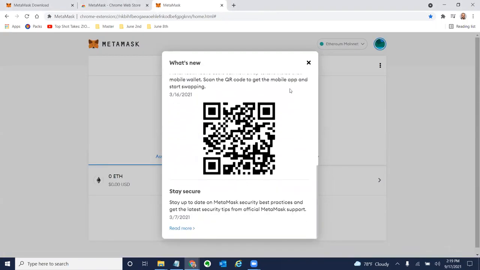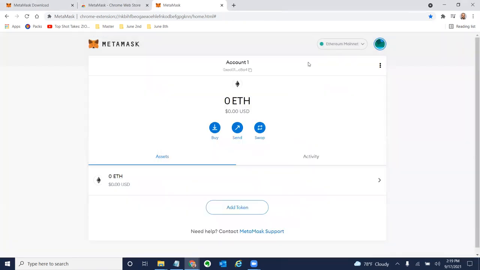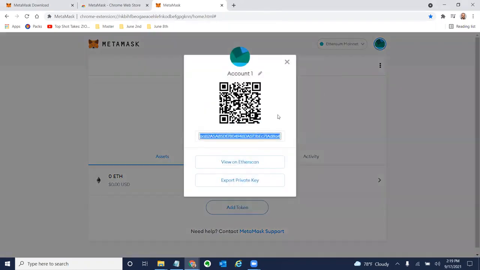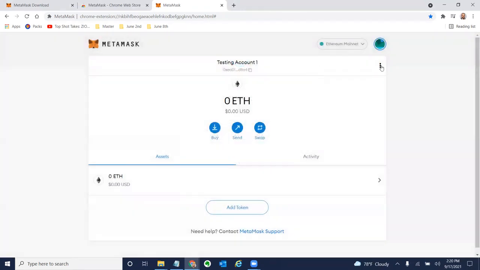Excellent. Talks about the recovery phrase. And this is where I want to put it on my phone. I'm going to go ahead and click OK. Then I'm going to pretend like I'm going to go MetaMask away. Let's go ahead here and let's make some changes. We'll call this testing account. Click that to make sure it stays. Okay. Now, let's pretend like I go ahead and I'm going to